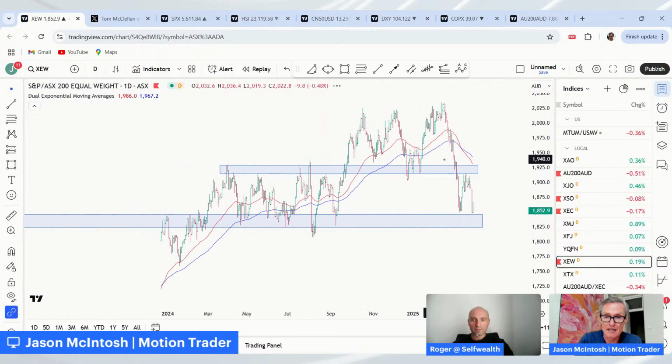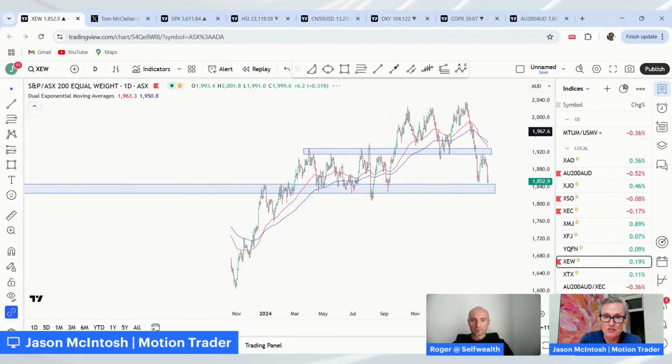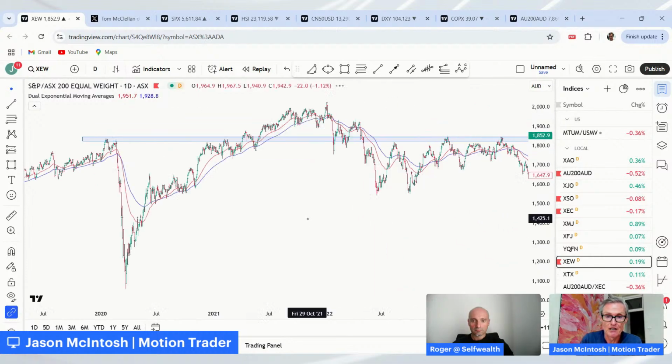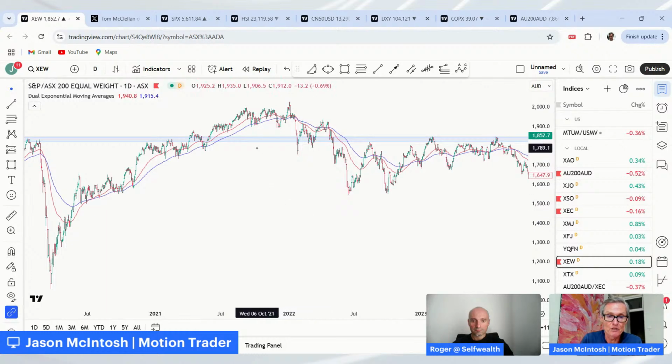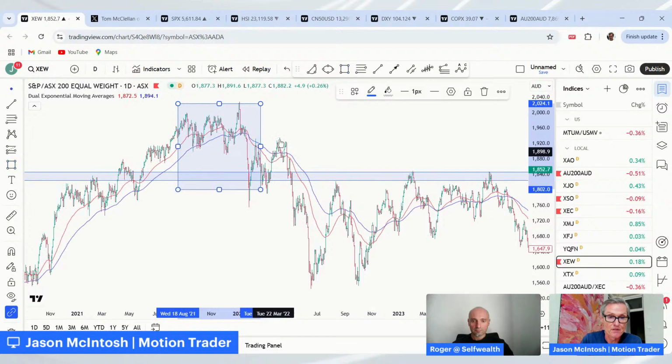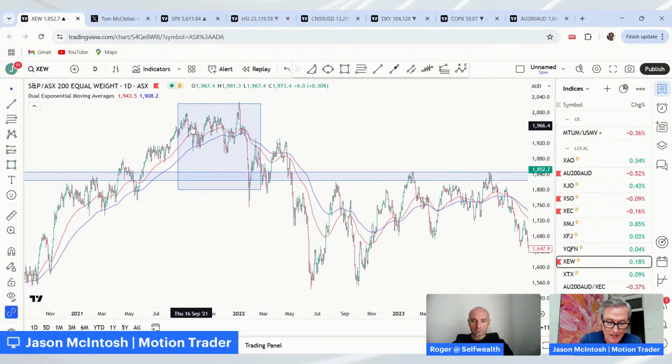Now, I'll show you what I mean. I just want to compare this recent period to, let me just compress this chart a bit. I'm going to go back. We've got a little bit of a delay in the chart loading. Here we go. I just want to have a look at this period. So this is a period from late 2021 going into 2022. I'm just going to put a box around the period of note. So I want to compare the current period to what we have back in 2021.